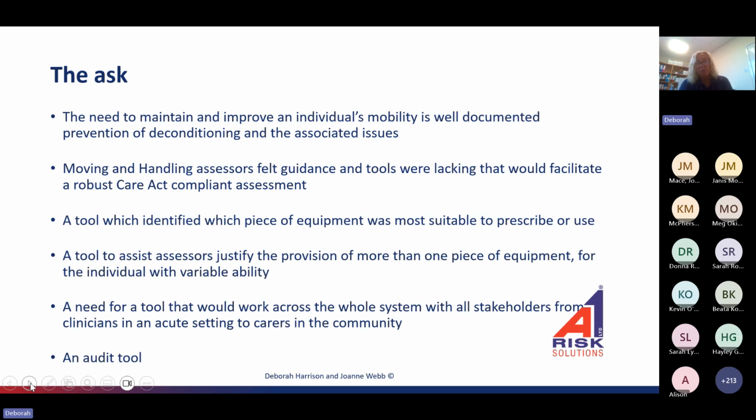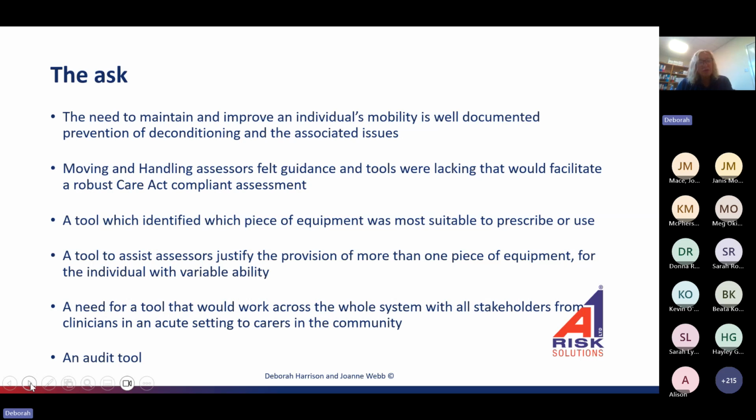So myself and Joe Webb went in 2015, and that seems forever ago now. We went over to America and we saw this being delivered, and it was called the BMAT tool. And we had a conversation with the people out there, and it was like, okay, I like your tool, I like the principle of the tool, but actually it won't work in the UK as you've got it currently, and we asked for permission. Could we work on the tool and look to see if we can make it usable across both your queue and all them different settings.